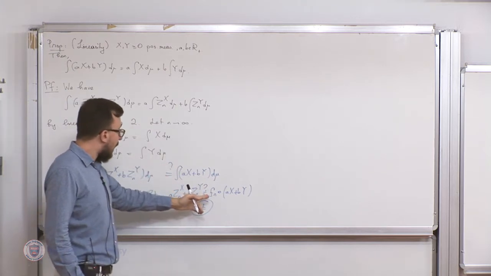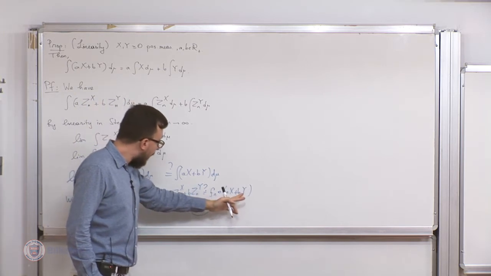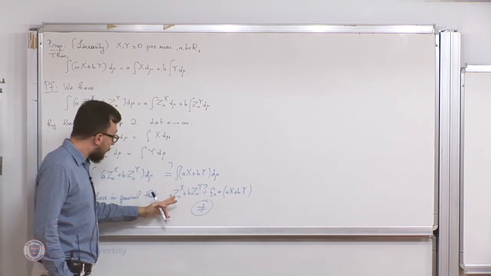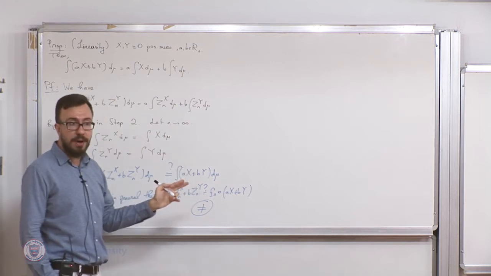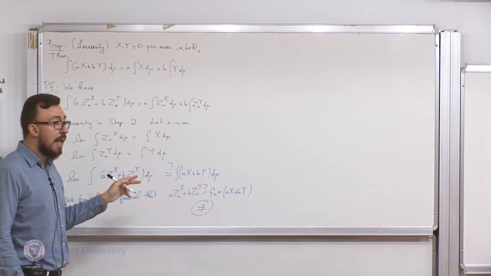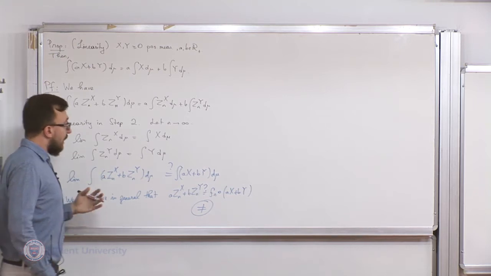Indeed, the nth order approximation of ax plus by is not equal to a times the nth order approximation of x plus b times the nth order approximation of y. That was the trouble. But still